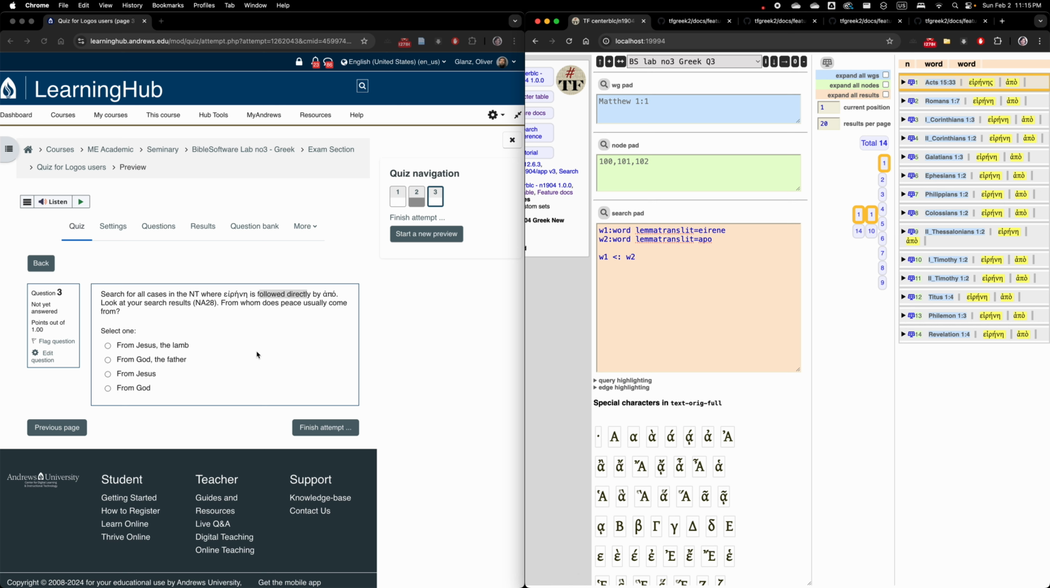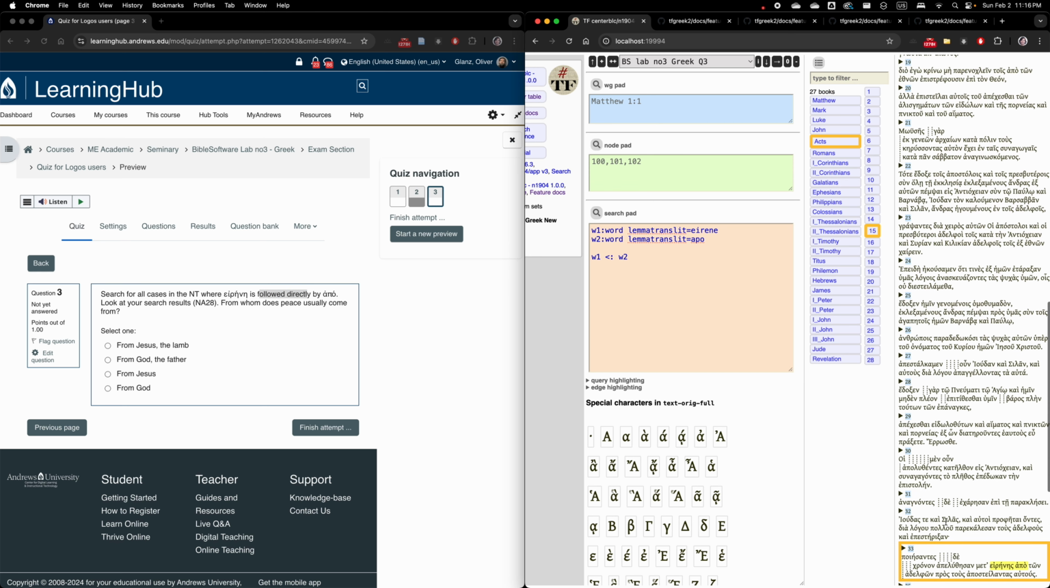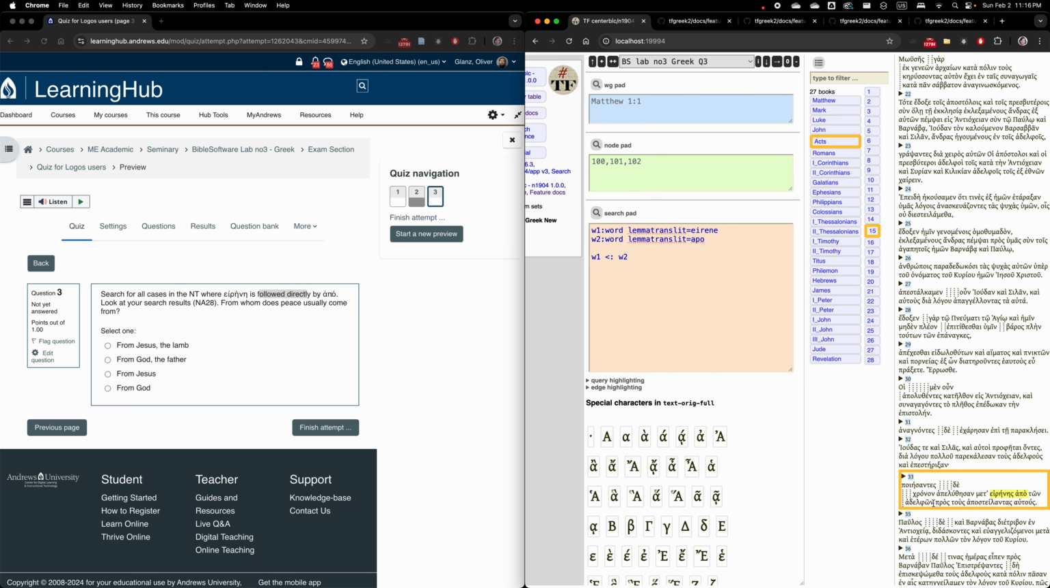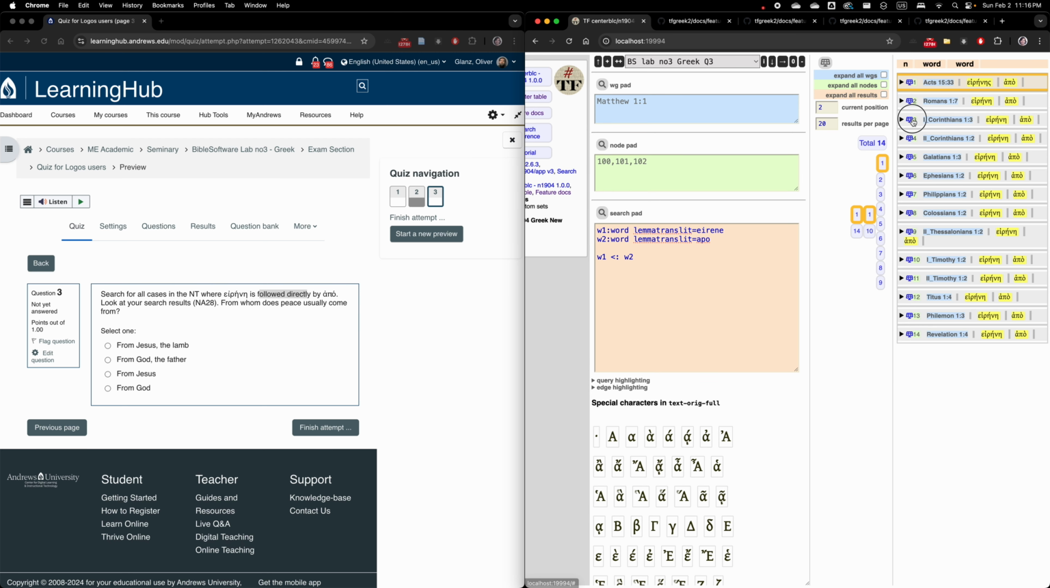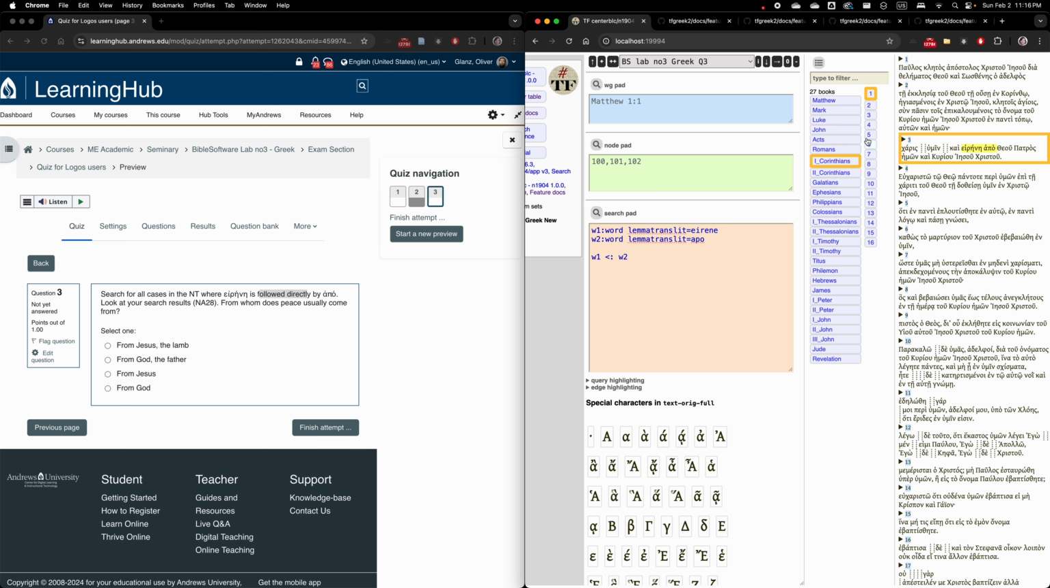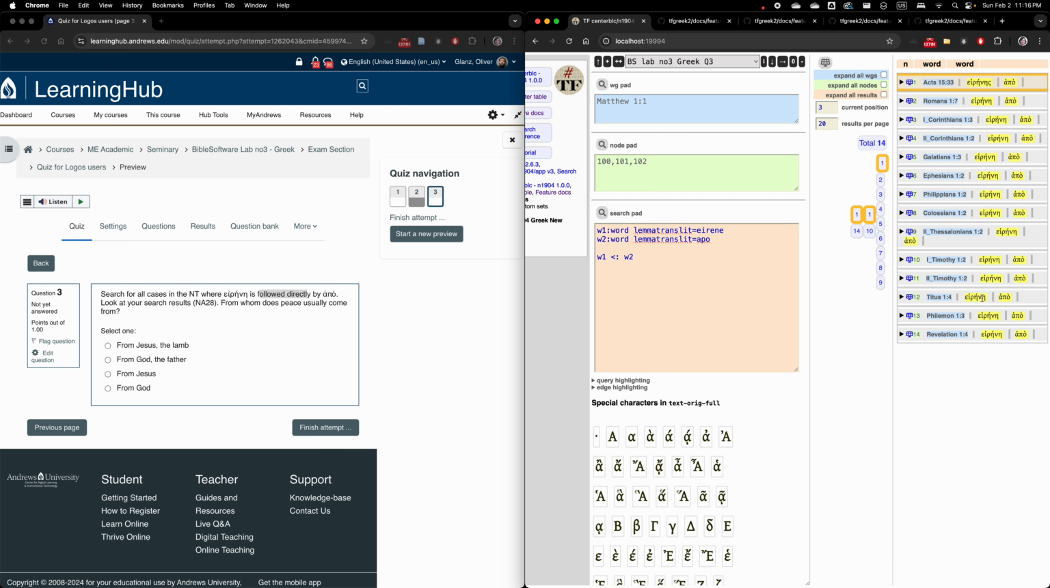But you see, that's not the question really that's being asked. It says that we should look at our search results. From whom does peace usually come from? In order to answer that question, we could, of course, now look at all 14 cases. So, for example, here, peace comes from the brothers, right? To adelphon. Or what was the other one? Romans. Peace comes from God, from God. Or let's look for another one. Peace comes from God. Well, we could now go through all single cases, or we just add another word, namely